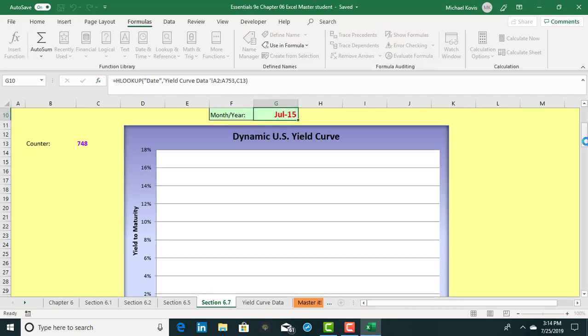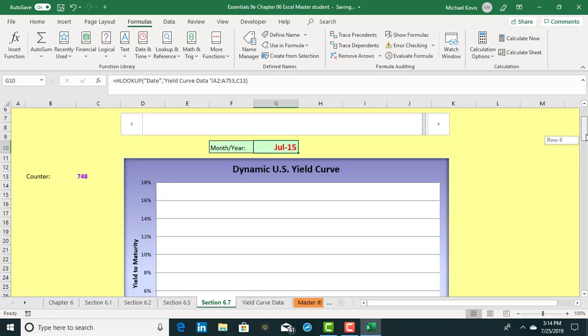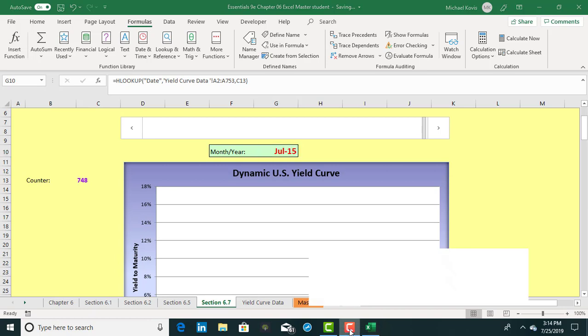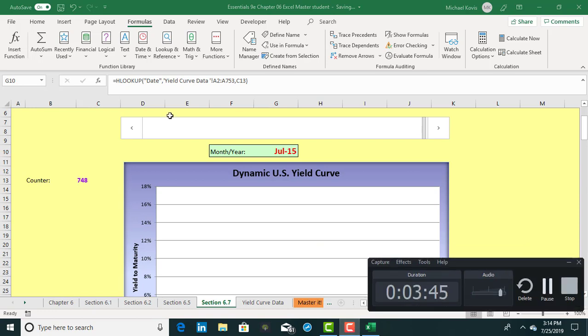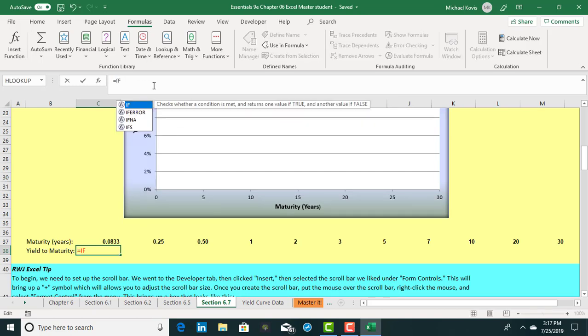We'll take our yield to maturity, our maturity in years, and then the table we want to use, and I'm going to type it in, yield curve data, and that tells it where to grab the information, exclamation point,